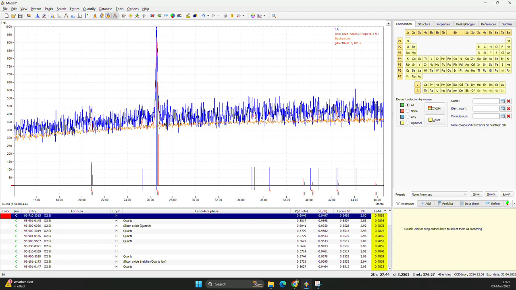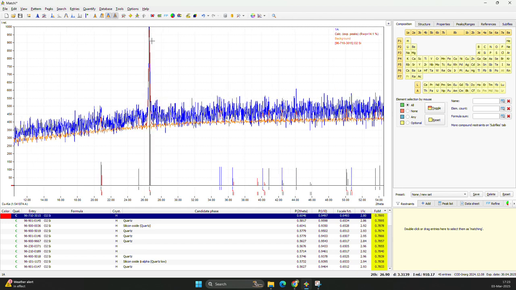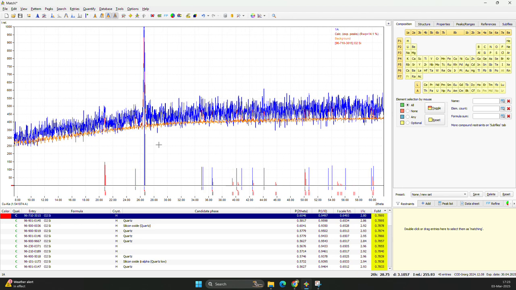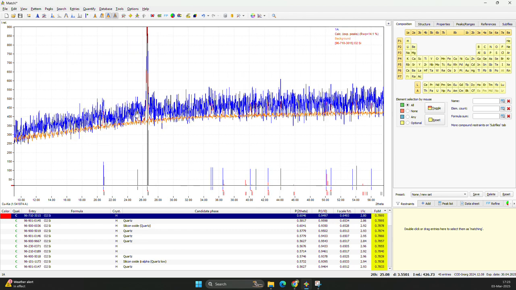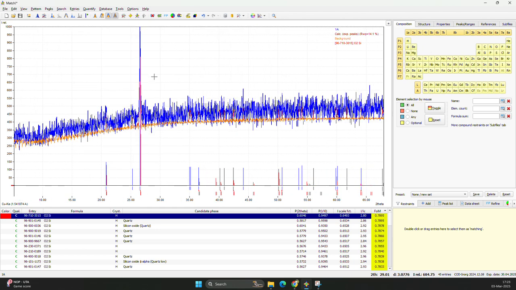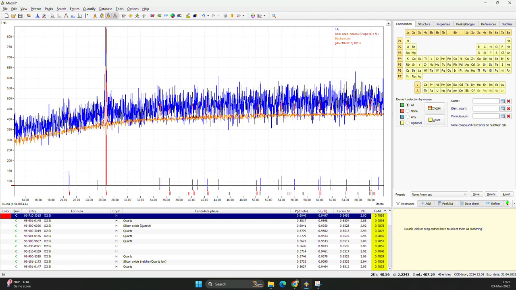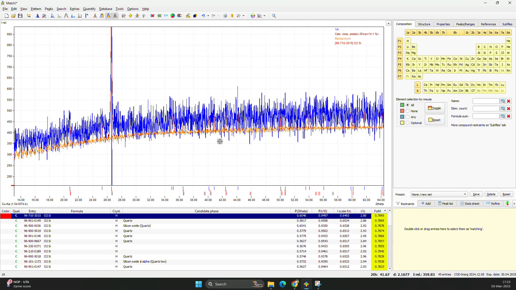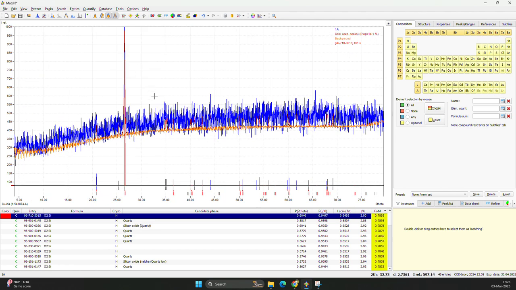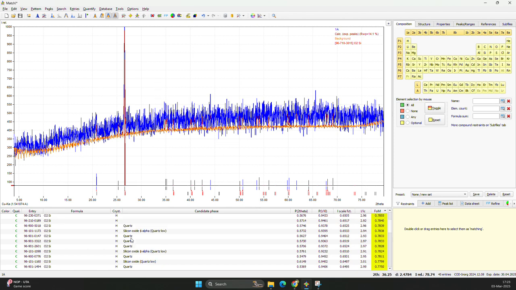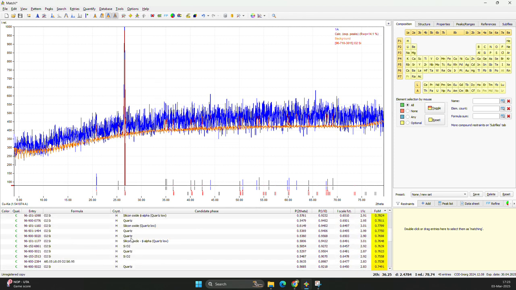These are the various peaks which show different minerals. You can see there are a bunch or thousands of minerals which show peaks, but some are the majority, like this one, which is the majority peak. Some are less major. You can take only the major peaks, like for example in this we can see the quartz is very